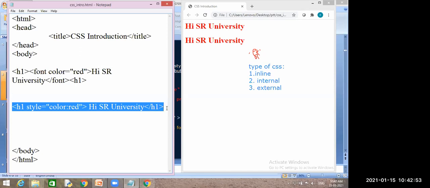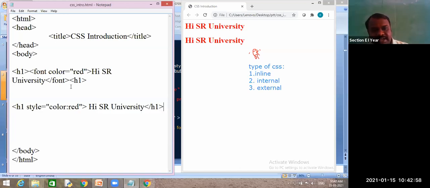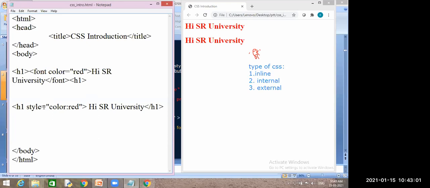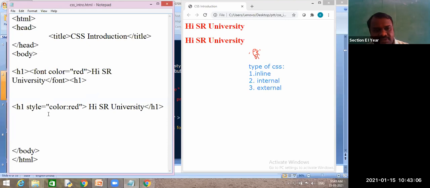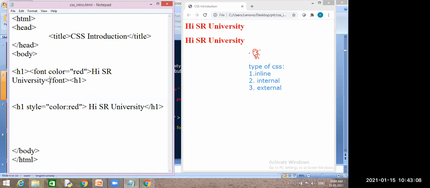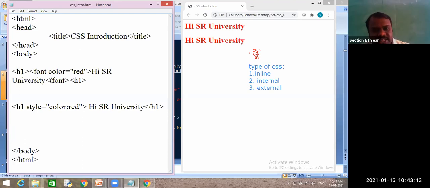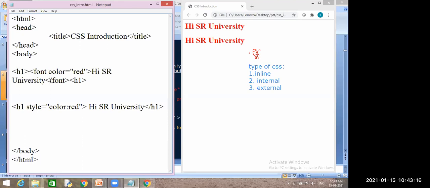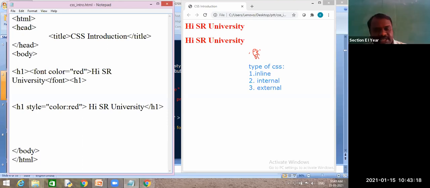One. How many attributes you have used? One. So did you reduce one element or not? Yes, sir. When it is reduced one element, your browser can understand somewhat faster than this one or not? Yes, sir. So will some load take very fast or not? Yes, it will, sir. Understand logically, guys. Okay. So this is the way you will get some advantage. This is one advantage. And when you write multiple times, you will get another one.